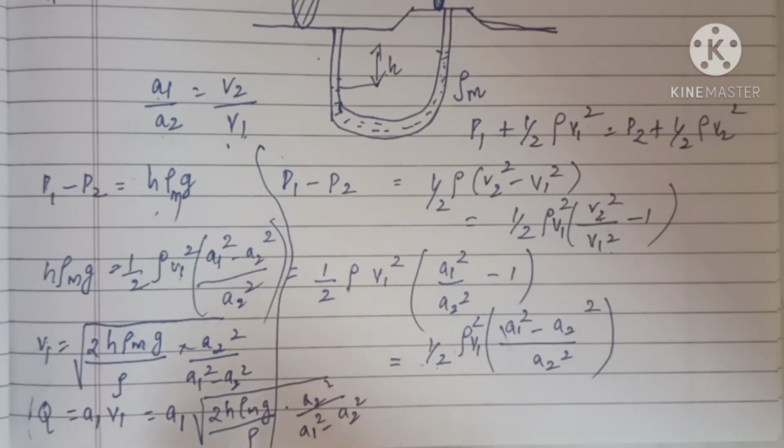For this the Venturi meter is used. Understood? So this is a device used to measure the rate of flow of liquid, and it's also an application of Bernoulli's principle. You can use Bernoulli's expression here and finally you can find the volume of liquid flowing out through the tube per second.